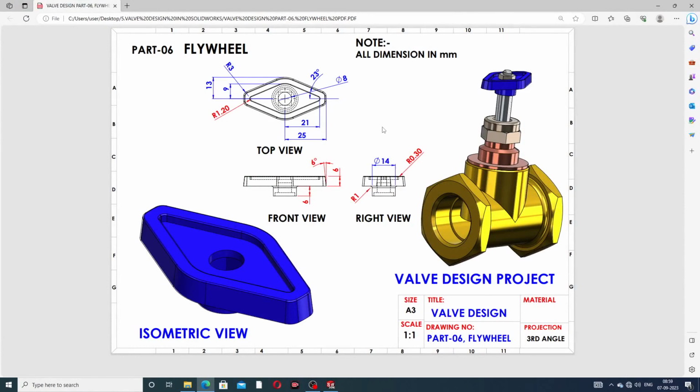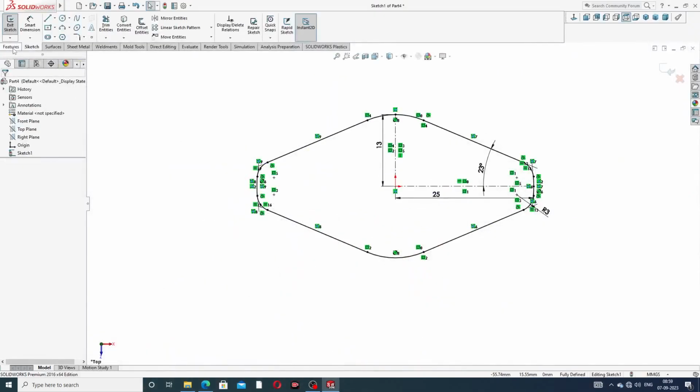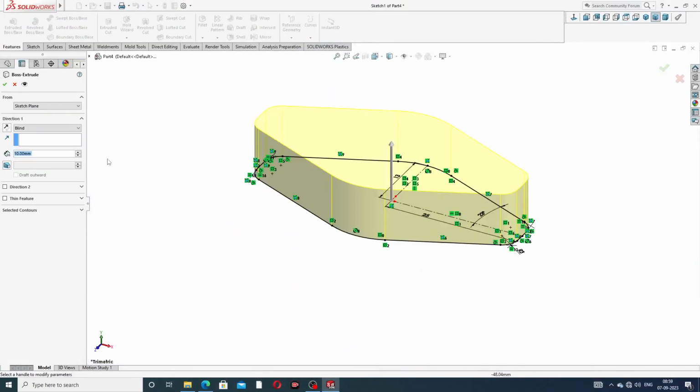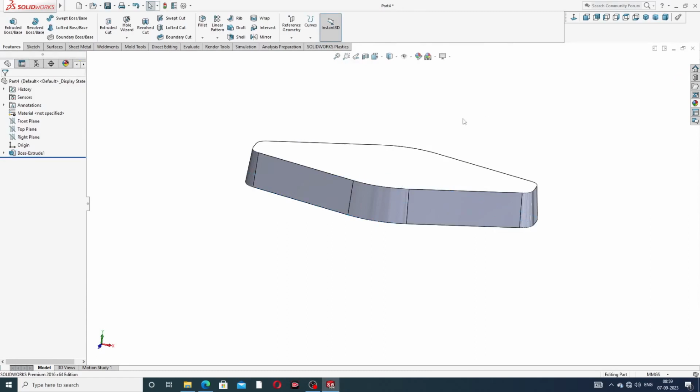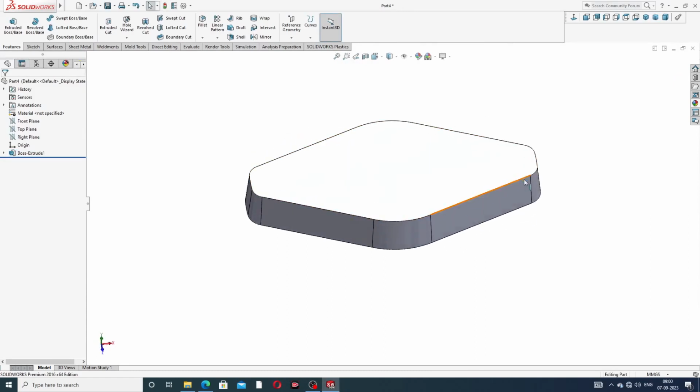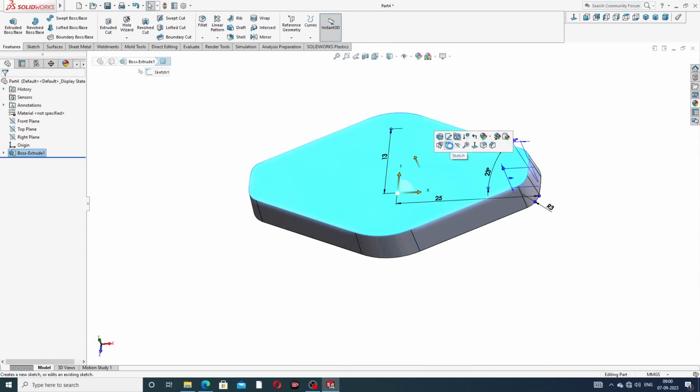And this uses extrude boss, and this thickness is 6 millimeter and 6 degree angle, because the upper face is twisted at a 6 degree angle. Going to extrude boss, this thickness is 6 millimeter and 6 degree angle, upper side is twisted here. Okay, this is perfect. And okay, and this upper face, sketch normal,